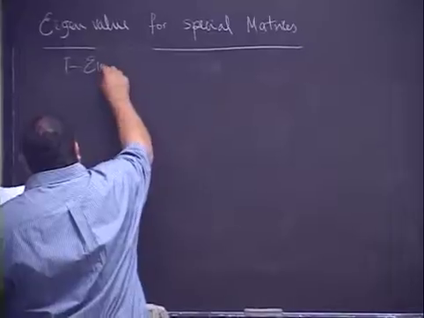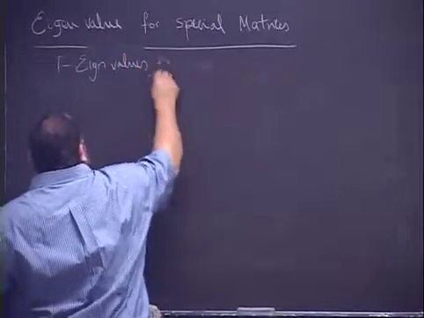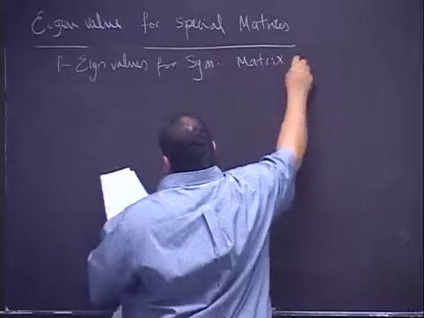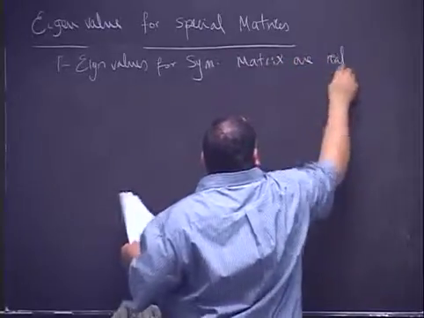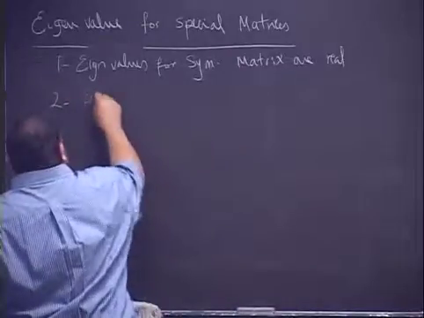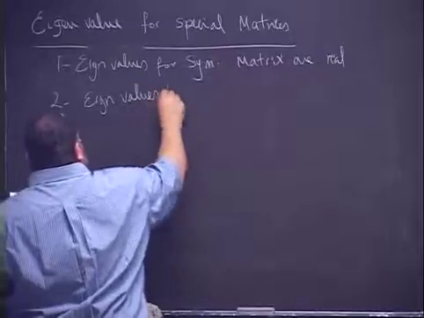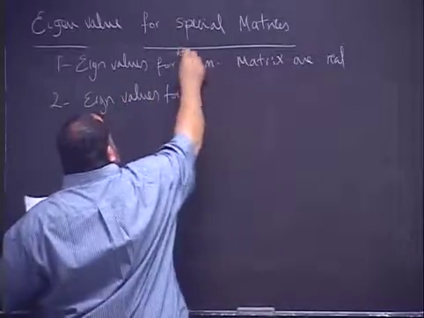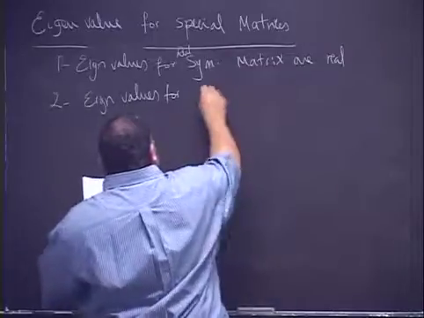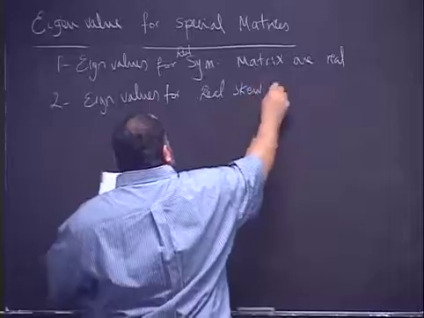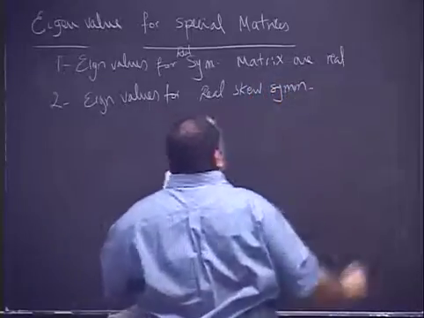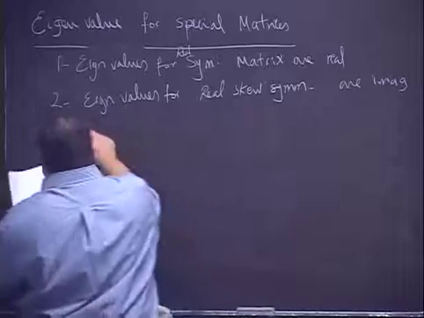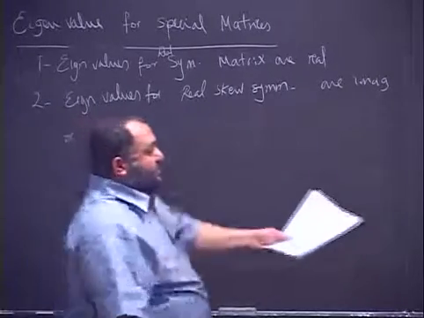So eigenvalues for a symmetric matrix are real, this is if the real symmetric matrix, and the eigenvalues for a real skew symmetric matrix are either imaginary or 0. So for the symmetric